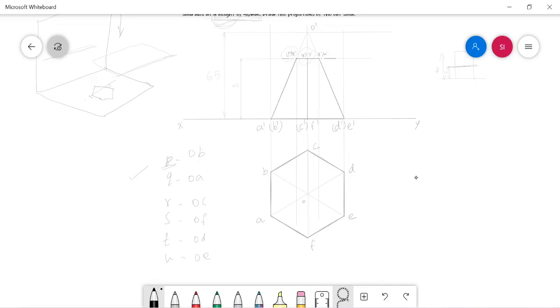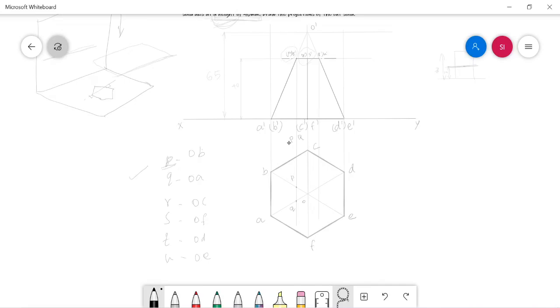For that purpose, I projected the cut points P and Q with a single projector. Since they coincide with each other, only one projector is there. This projector is taking the points P and Q. The address of P is OB, the address of Q is OA. So I need to drop the point P here, that is in OB, and point Q in OA.